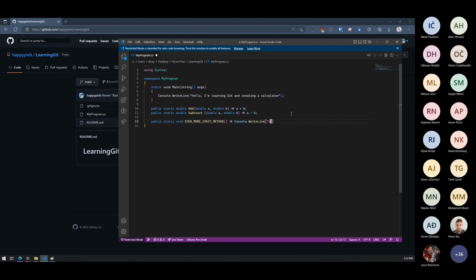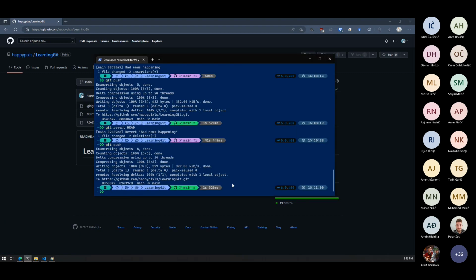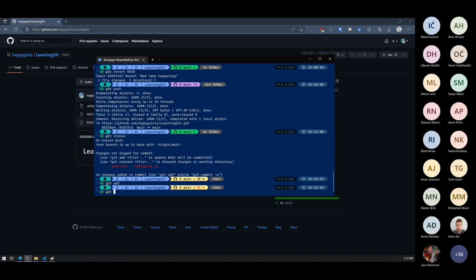Okay. So let's say that you have actually done something like this. Right now we have 8 commits, right? Now, if I go ahead here and say git status, it should be right now there. So git add, git commit -m,